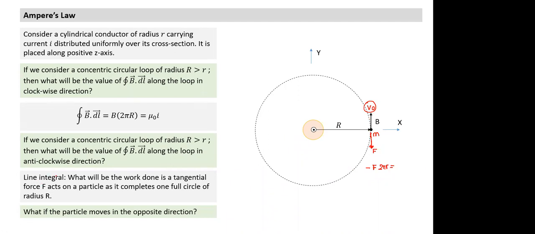We can get a better feel for line integral if we relate it to work done by a force. Work done by a force along a path is the line integral of force along that path. Whenever you use this term, it indicates a line integral along a closed path. If I don't use it, it can also be along an open path. But if we take an open path, I cannot apply Ampere's law. If it is a closed loop, I can apply Ampere's law. The rest I can evaluate in a similar fashion.